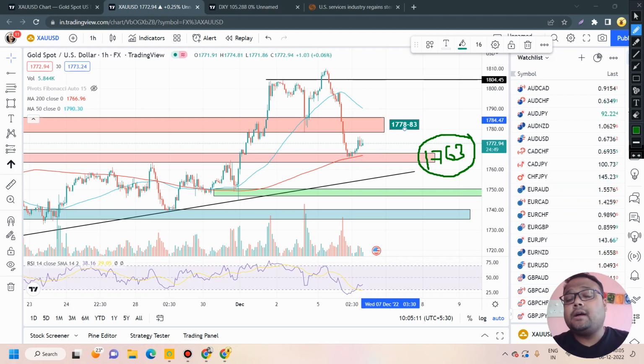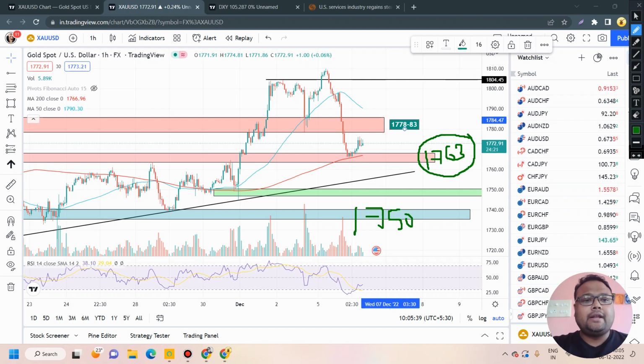Observation will be very important, and especially the volatility will play a big role. In case of good amount of volatility, market will break each and every level. In case the volatility is low, if you see market flat, then you can expect the market to bounce from 1763.64 level. In case market breaks 1763, the next buying will be around 1750, around 1750-52 level, around the